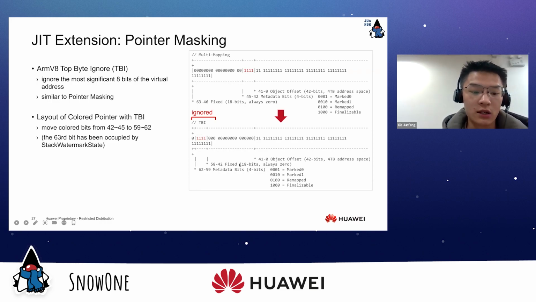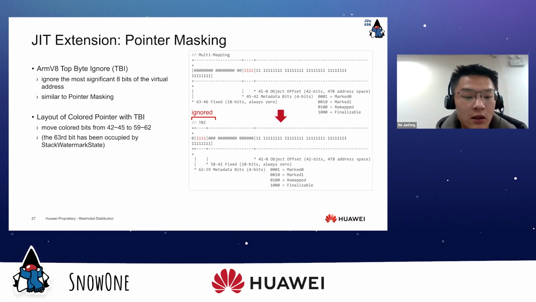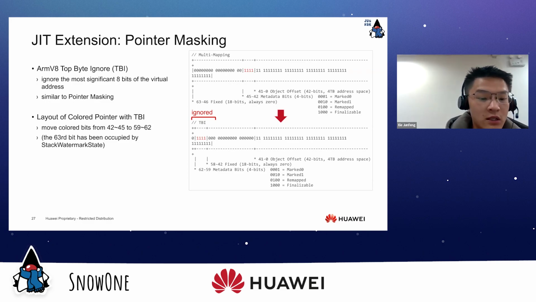We didn't use the 63rd bit only because it has been occupied by stack watermark state. And then we removed the multi-mapping logic. Of course, there is other work to be done to apply TBI to ZGC, but I'm going to skip the details and let's take a look at the performance.